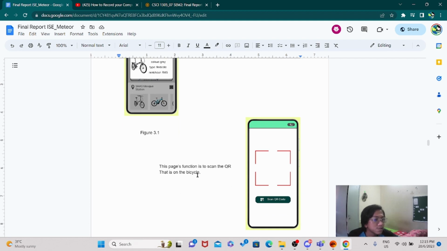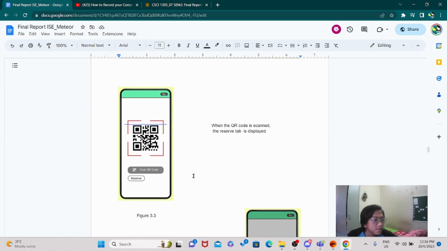For this page, the function is to scan the QR code that is on the bicycle, and when you scan, it will pop up the reserve tab, so you can reserve the bicycle.